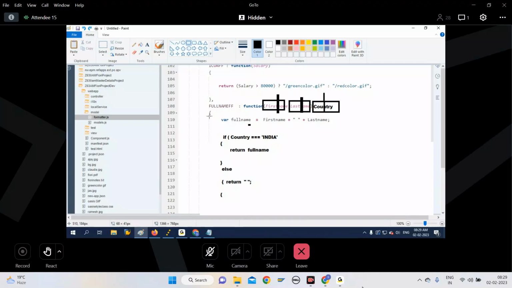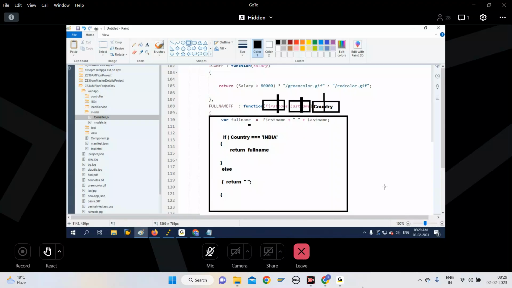Okay. So this is all possible. Can we also use other conditional parameters, like triple equals when we are validating, and ampersand? Yes, that we are going to discuss when we apply validations. Validations is a separate topic. We are going to apply validations on various different fields. In that scenario, you will understand how to use JavaScript operators, triple equal,